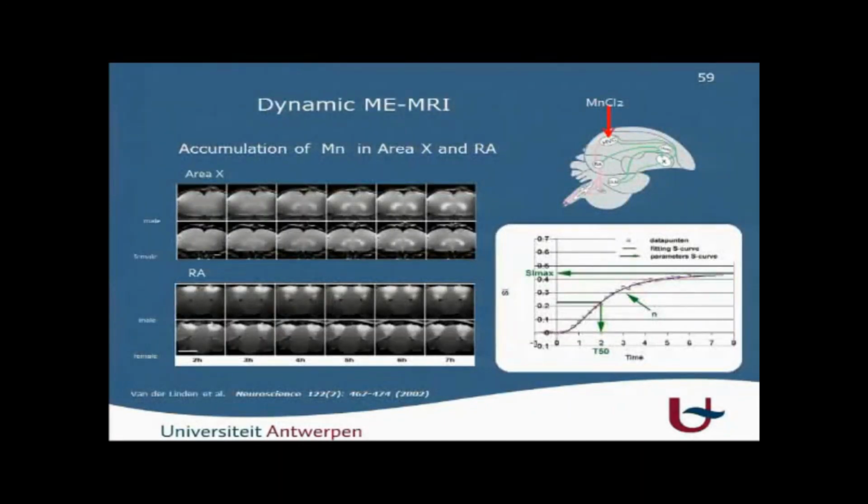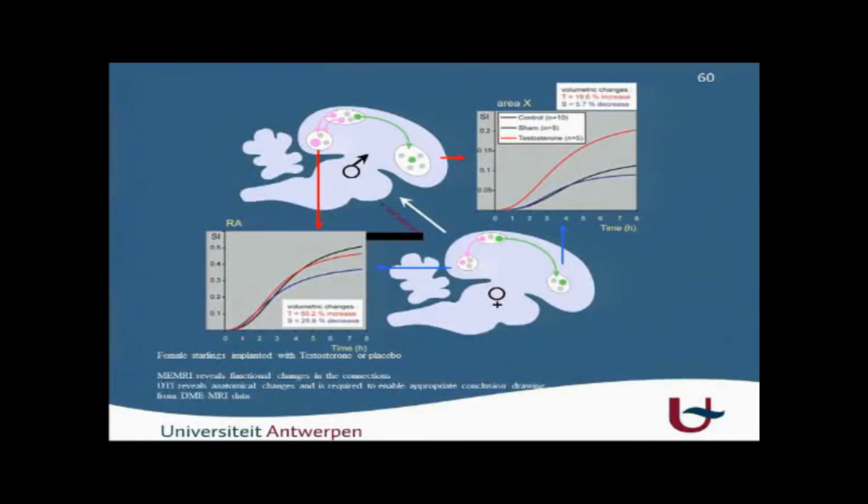And then you can sort of do what I call dynamic manganese-enhanced MRI. You follow the manganese uptake in the nuclei, depending on which one you want to study. And depending on the activity, you will see changes. And this is an example